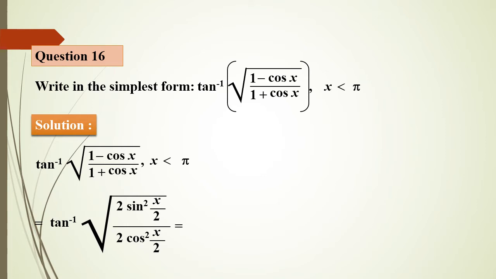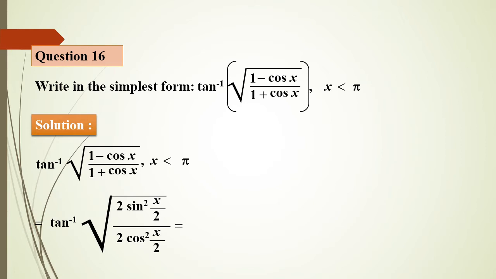See, the half angle formula for cos x is cos square x by 2 minus sin square x by 2. Then, after taking the 1 inside, 1 minus cos square will be sin square, and minus into minus is plus sin square. So 2 sin square comes after simplifying the full numerator term. Therefore 1 minus cos x can be written as 2 sin square x by 2, divided by 1 plus cos x.